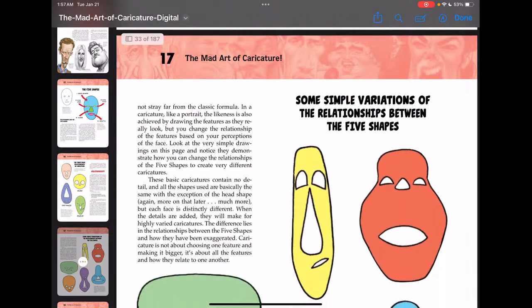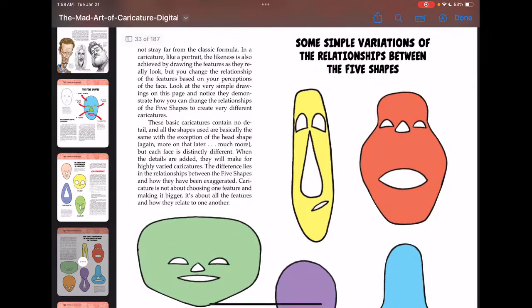In a caricature, like a portrait, the likeness is also achieved by drawing the features as they really look. But you change the relationship of the features based on your perception of the face. Look at the very simple drawings on this page and notice how they demonstrate how you can change the relationships of the five shapes to create very different caricatures.